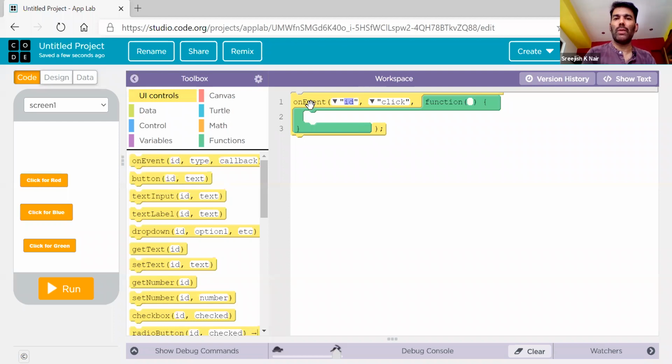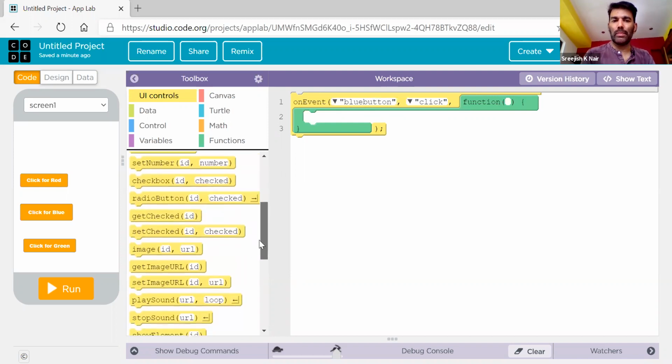So what is the event going to be? I'm going to tell on event of on which object. I'm telling blue button. This means if someone is hitting the blue button, which event? Click event. So when someone is clicking on the blue button, what function do you want to run?